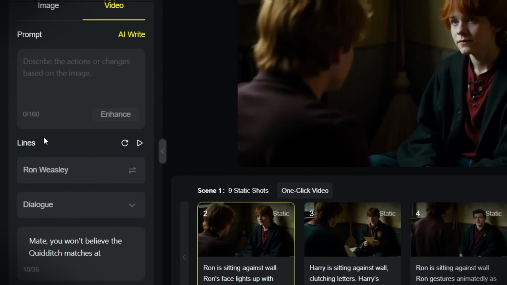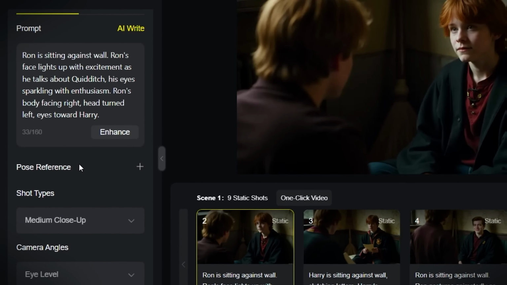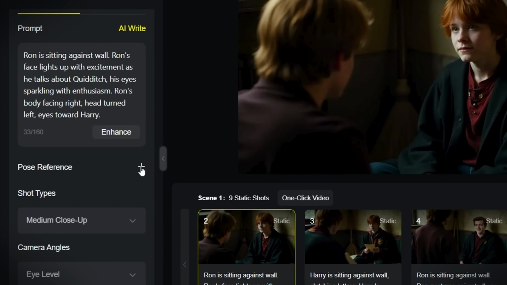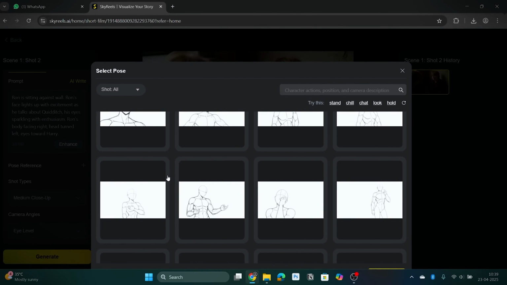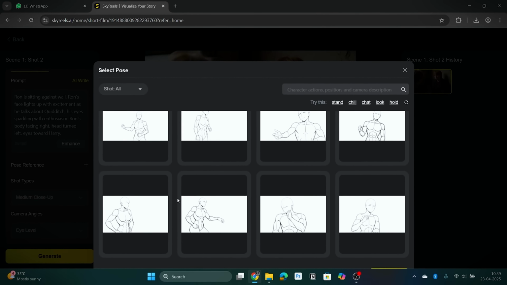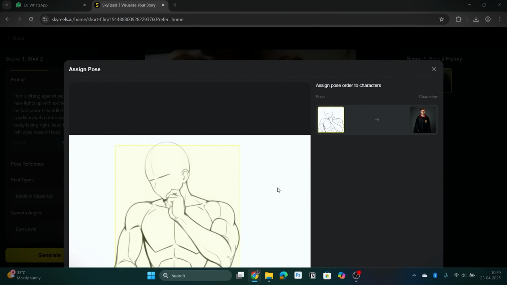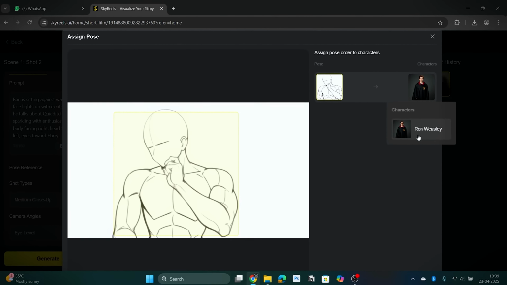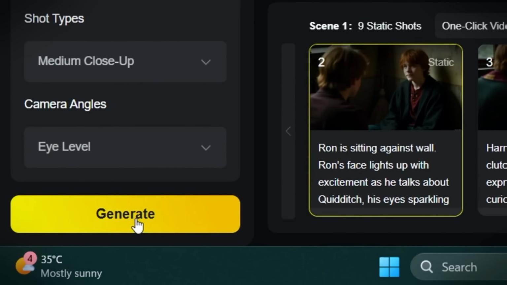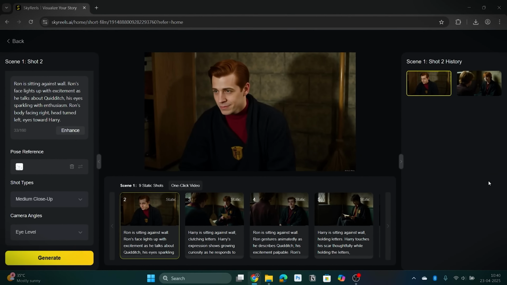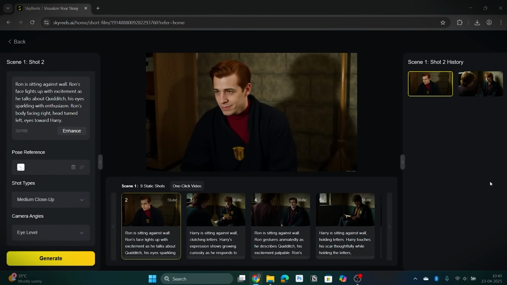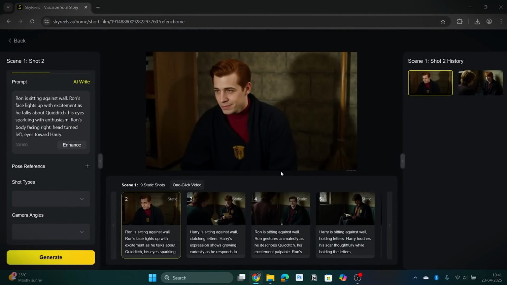But the most amazing thing here is that you can go back to the image section and decide which character you want to pose. You guys literally have all the power in your hands that a filmmaker has. All you have to do is select the pose and assign it to the existing character within the scene. If you come out and click on Generate, that scene will change according to that pose. As you can see, I even got the scene generated once by deleting the pose tile. And at that time I got this result.